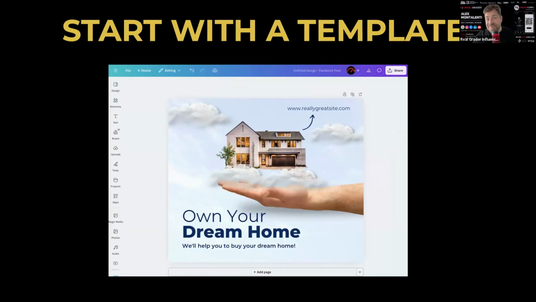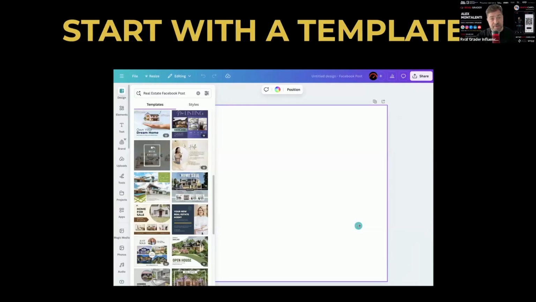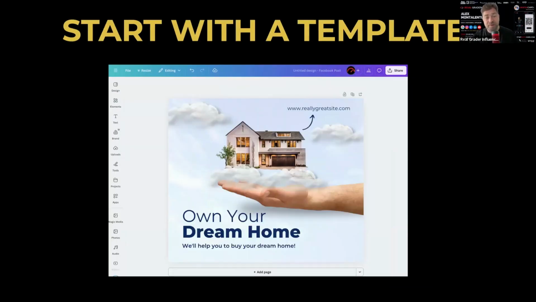Here's a template. Let's say you used a template. This is a perfect template that you could use. Hey, you want to own your dream home? We'll help you buy your dream home. Or you could use a blank template. I'm going to show you both, okay? So with a template, one of the things we would want to add to the template is your headshot, right? How do we personalize this template so that it's actually Renee's template, it's Julia's template, it's Elisa's template? So the first thing you'd want to do is add your headshot.